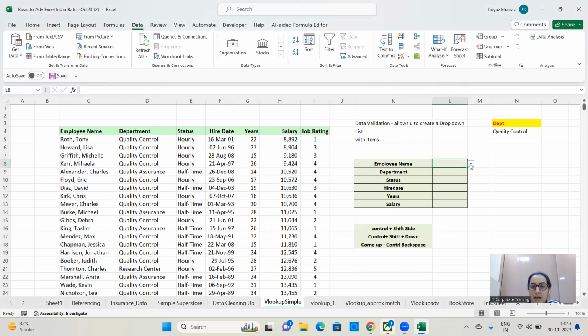Next to employee name, you have a drop down, and from here, you can select your option. So in this manner, next to employee name, you can create one for the names of the employees, and that will enable you to select the employee names from here and make your VLOOKUP table or make this particular sheet dynamic. So for now, go to the employee name, the cell next to it, which is called L8, and